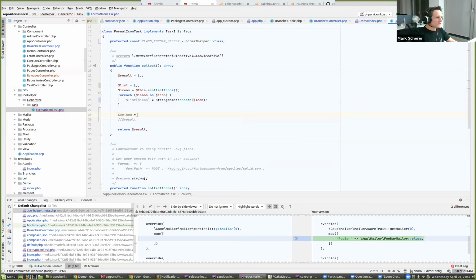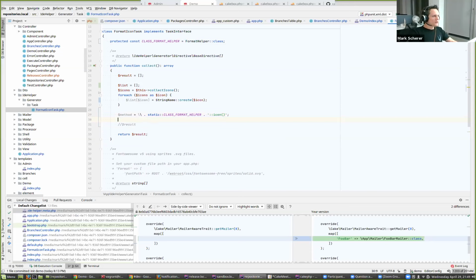I think it's static class format helper class. The method name was icon. So this is the method we want to annotate, fully qualified. We just use the format helper here. We could also manually write the string. And then we create the directive,